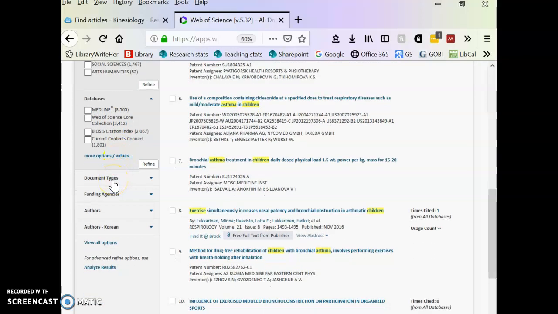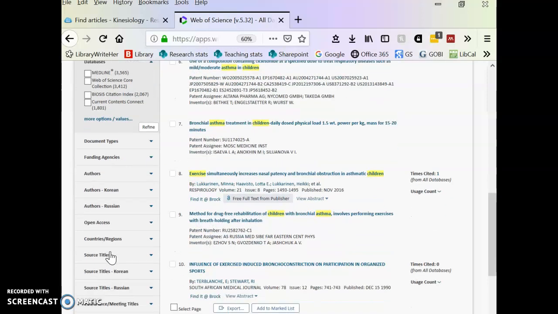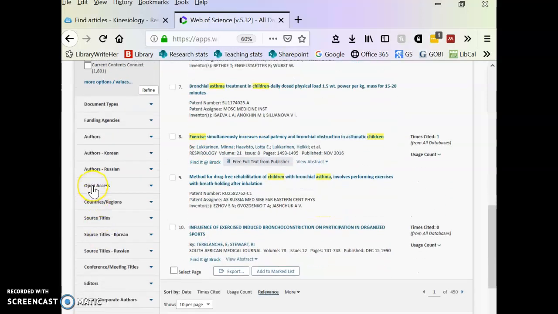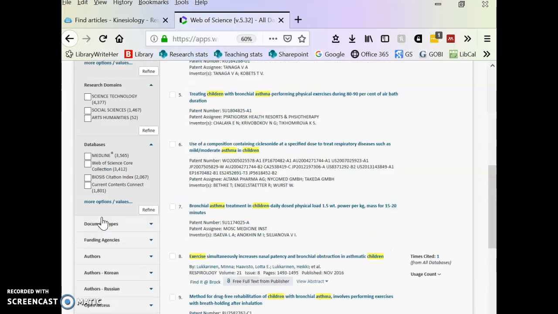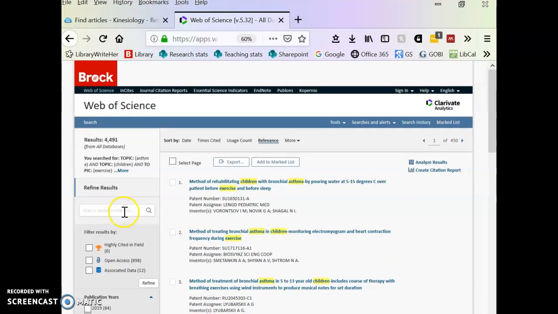There's different document types, funding agencies. If we view more options, you'll see you can search for only open access articles, specific countries or regions, specific titles, etc. But to actually refine your search by topic, I would suggest going back to the search field